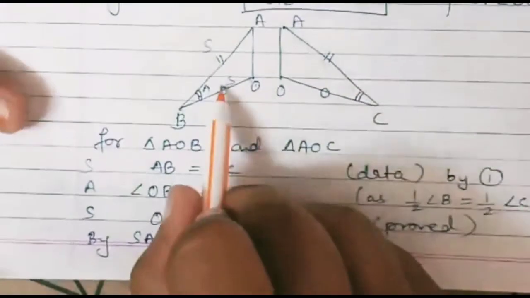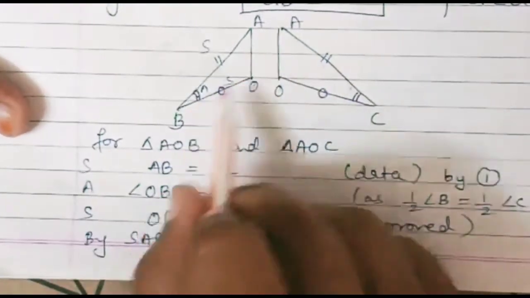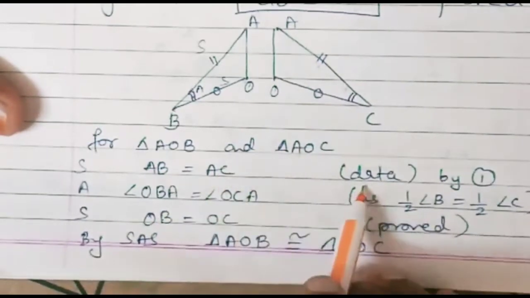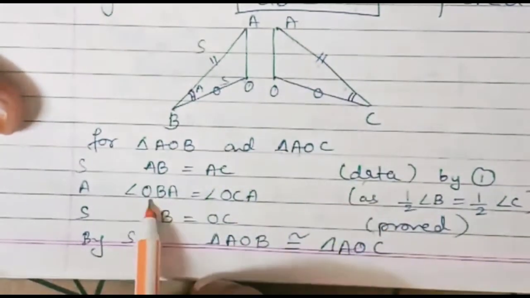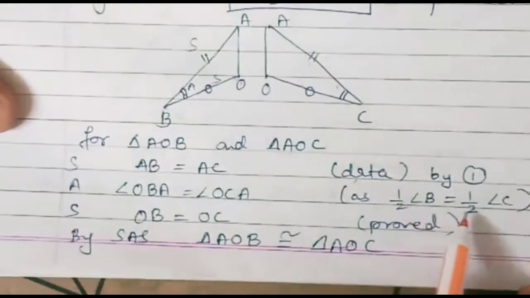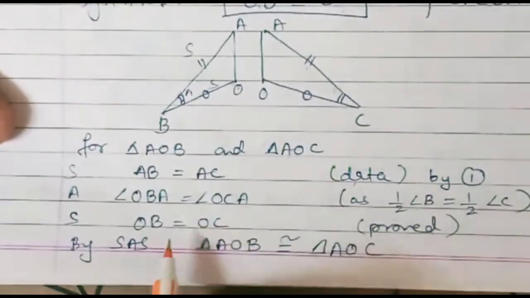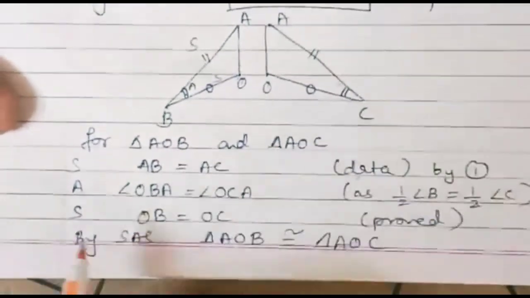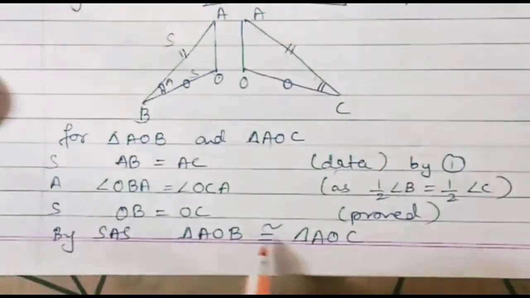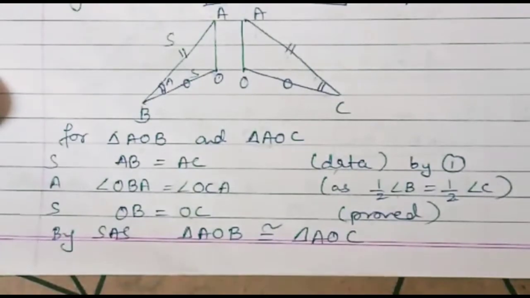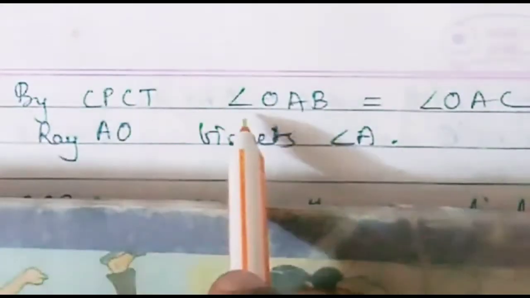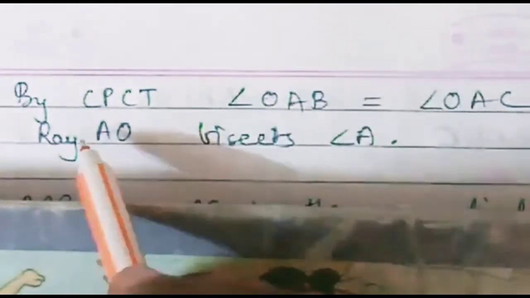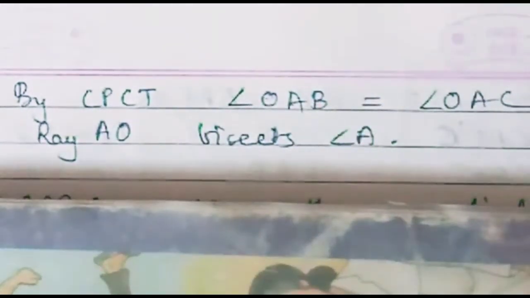So now you can see the figures clearly again, triangle AOB and triangle AOC. For triangle AOB and AOC, AB and AC are equal, that is data. Angle OBA and OCA are equal because half of angle B is equal to half of angle C. OB and OC are equal, we have just proved, right now only we have proved. So by SAS result, triangle AOB is congruent to triangle AOC. Thus by CPCT you will get angle OAB equal to angle OAC, and so ray AO bisects angle A. So the result is